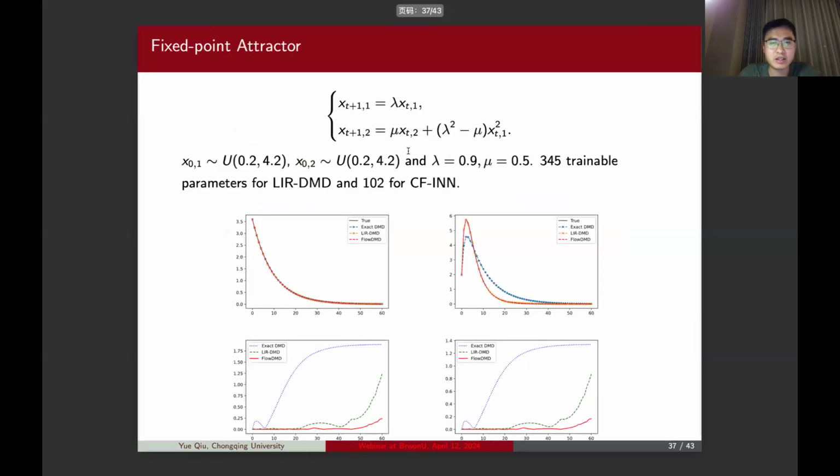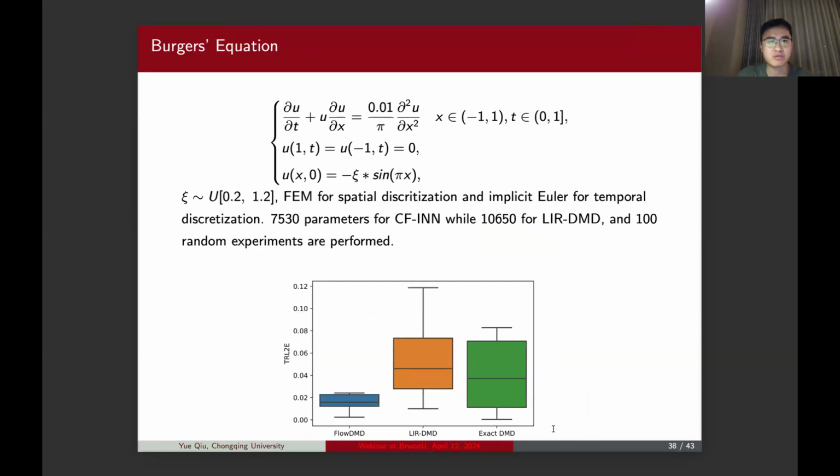So I will just quickly go through these numerical results. The first one is a very simple, but also a benchmark problem used in the papers. We compare with a few other methods, and our results are given by this red plot. For the predictions, we can see that it can predict up to a relatively long time window without the error increasing too much. And also for similar